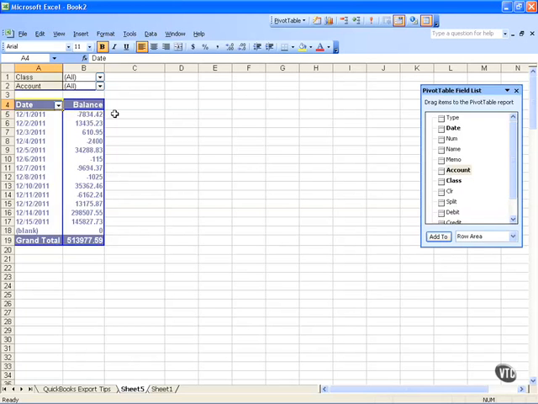The power of these pivot tables is absolutely amazing. It's really well worth the effort to see how well they work in conjunction with QuickBooks. It only takes a few moments to create the pivot table once you get the feel for it. And by the way,